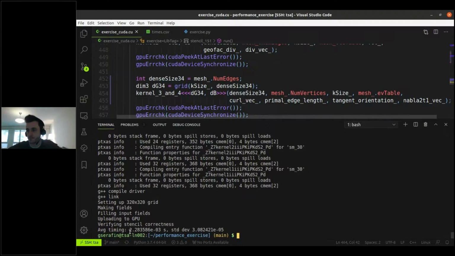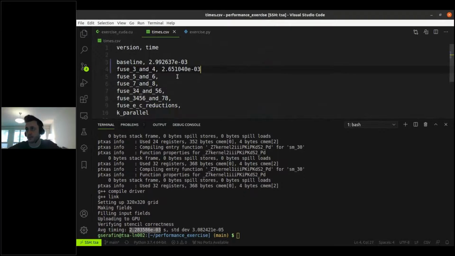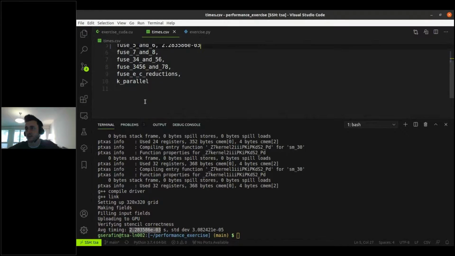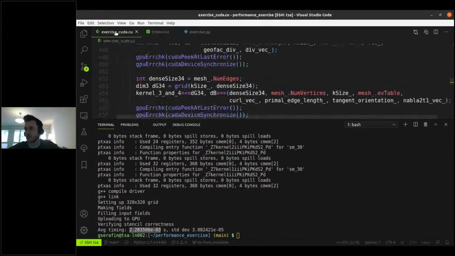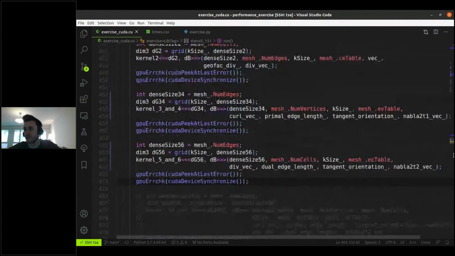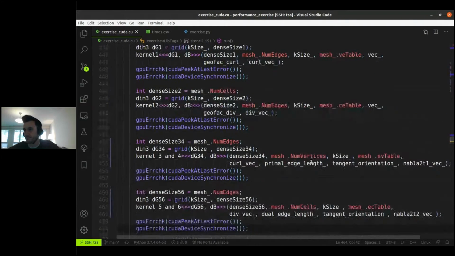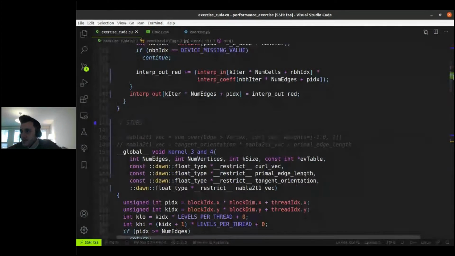Okay, let's take this number, check that the standard deviation is low, and compare. So again, some improvements. We are diverging from these 3 milliseconds that we got at the beginning. We are improving performance, of course. So the next one